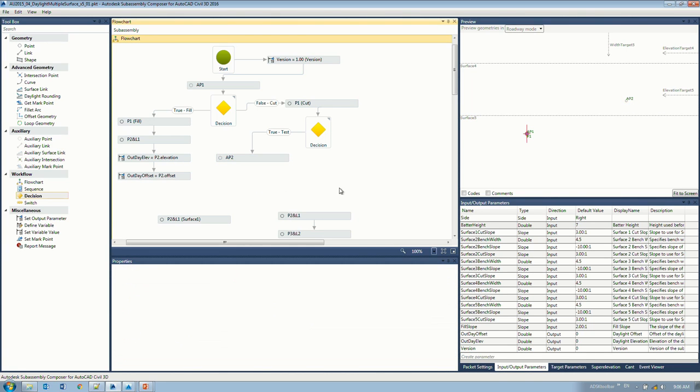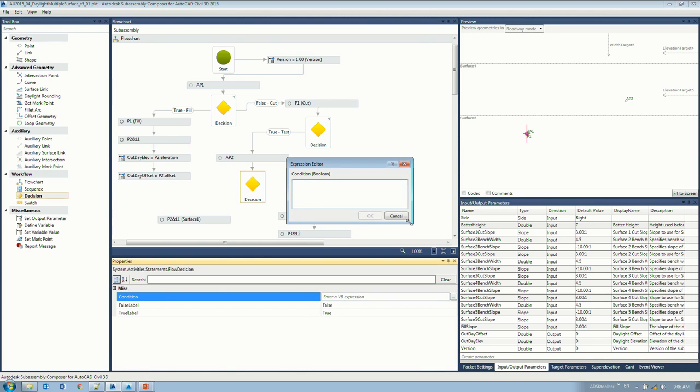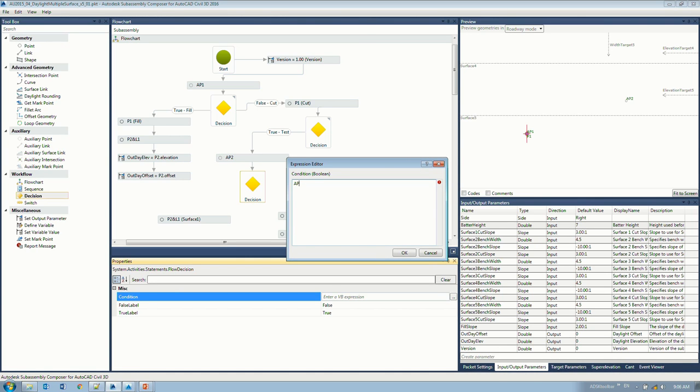I need to add another decision here, and I need to test if AP2 is achievable to hit the final surface. So I just need to add another decision in about here, get rid of that. So if AP2, I just need to enter the expression in here. So if AP2 dot distance to surface, and what's the surface we're going to test to? We're going to test it to surface 1. And if that is actually greater than 0,